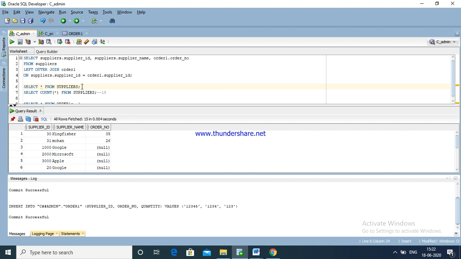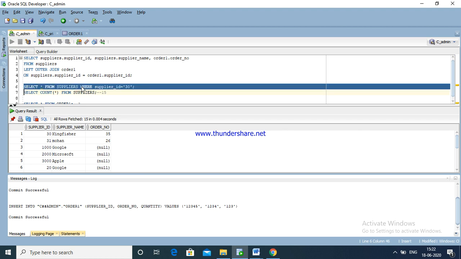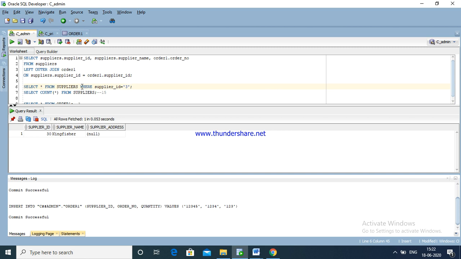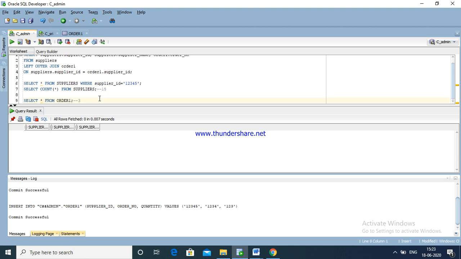Here see, left join where order ID, check 30. See here, in the same way, 1 2 3 4 5, there is no ID. Order ID is 1 2 3 4 5.